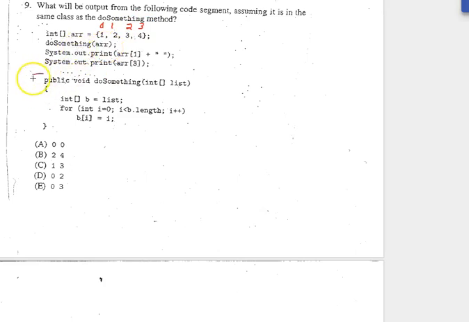The method do something receives an incoming parameter. But what is it? What is it really? Do not say that the whole array is passed into the method. That would be ambiguous and inaccurate in my opinion. When this line of code up here was executed, ARR is an object variable name. It's allowed to represent or reference an array of integers, which technically means it's allowed to store a memory address